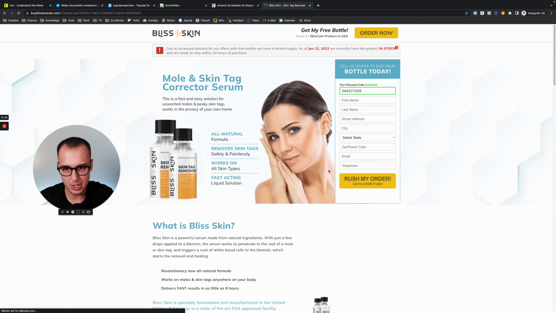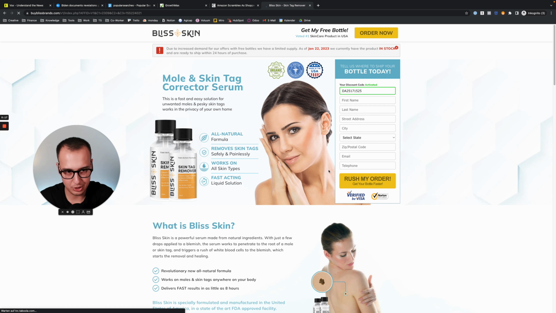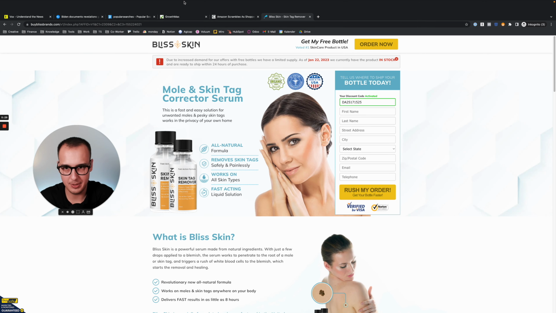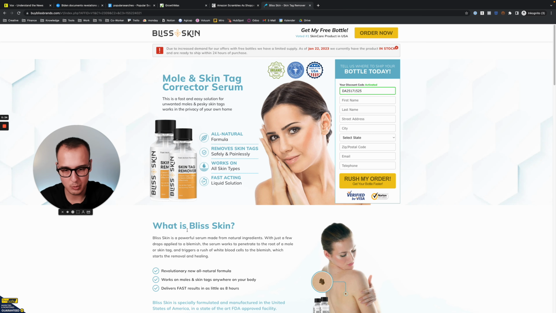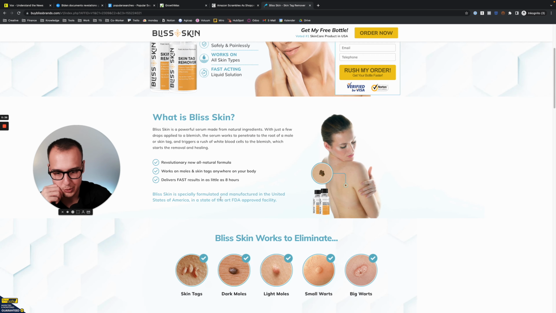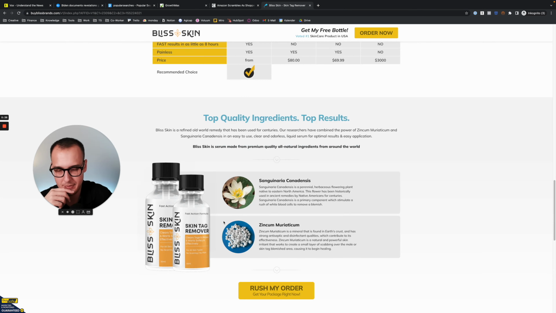So now we are on a direct checkout page. Let us see how it looks. In this case, it could be an affiliate product, and I'm pretty sure that it is one. So here we have an advertorial from an affiliate. Oops, sorry, that's the wrong one. But that one, what you saw before, was the advertorial from an affiliate.